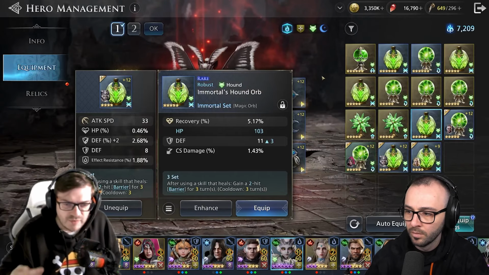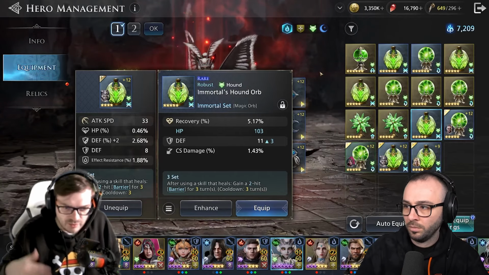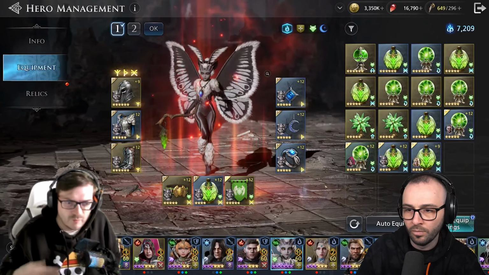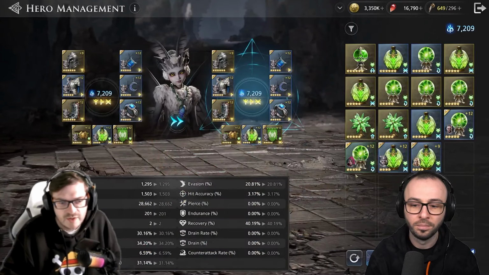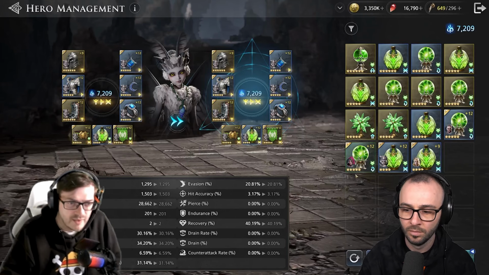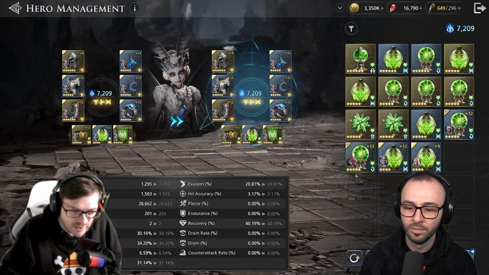Because in the early game you get the A2 on your main damage dealers, the effect accuracy increase, defense increase, which is great for all of your damage dealers to hit their skills and maintain them in combat. But then afterwards, as long as you keep A3 in,